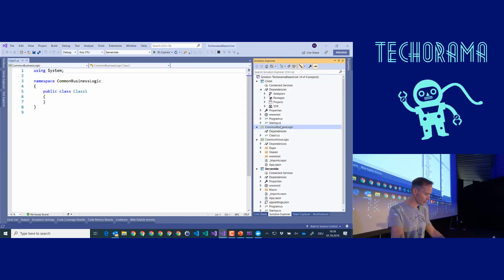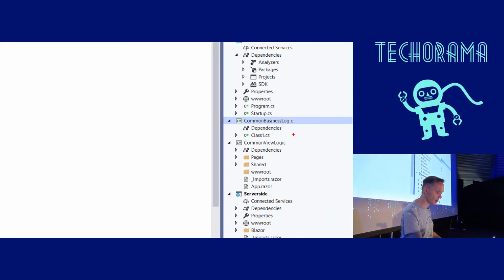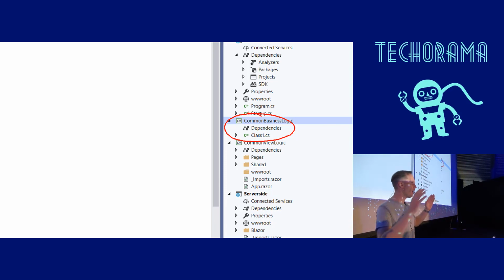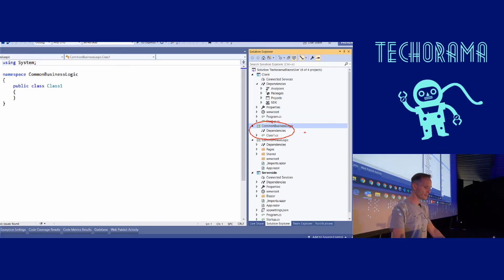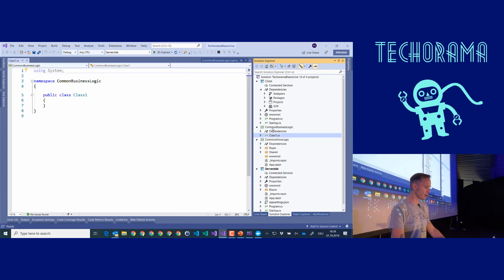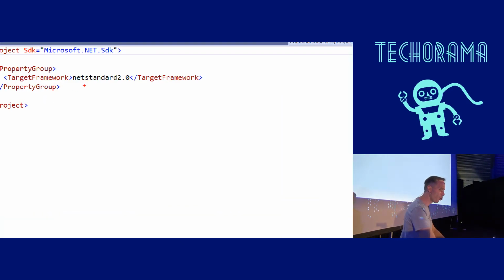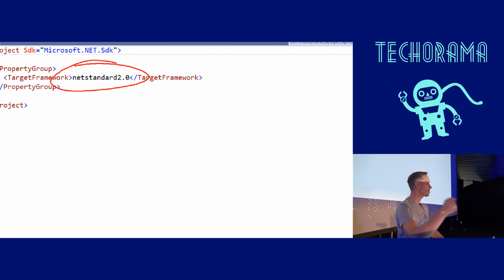Now here we have our common business logic. You see that one? Here you should add your model, here you should add your hardcore business logic, here you might add, I don't know, your data access layer with Entity Framework and things like that. And because this common business logic is .NET Standard 2.0, it is compatible with Blazor client-side